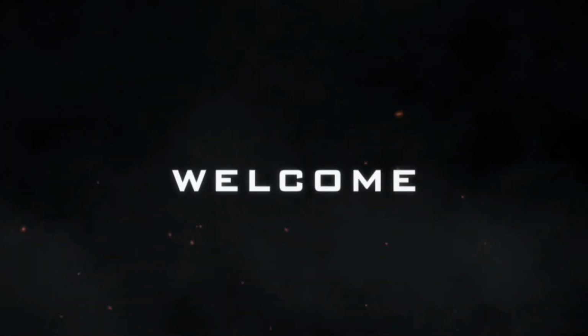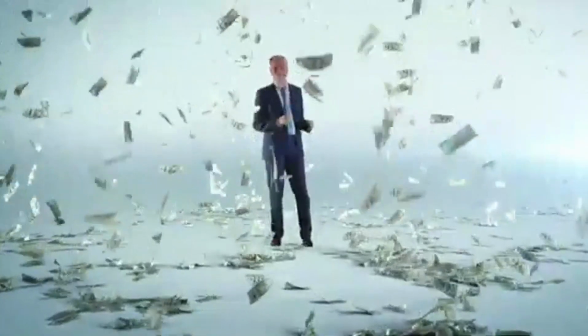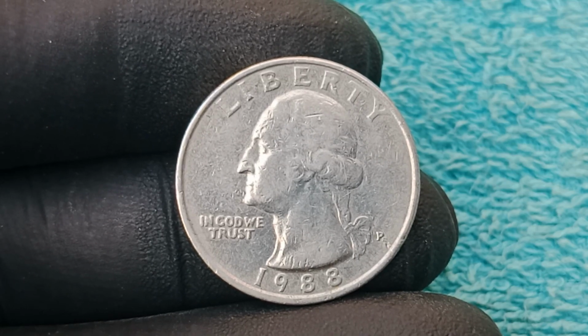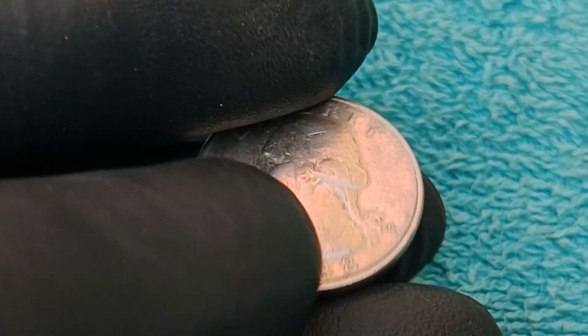Hold on tight because today we are diving deep into one of the most fascinating and lucrative coins in modern American numismatics, the 1988 quarter dollar, a coin whose face value is just 25 cents yet has skyrocketed to an astonishing $48 million in value for collectors and investors around the world, making it one of the most talked about